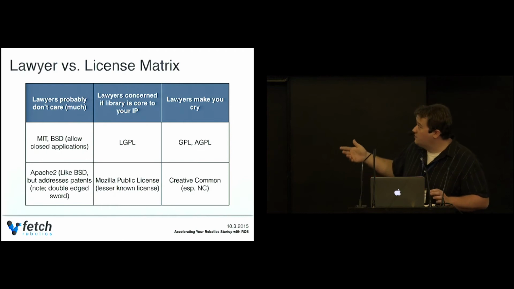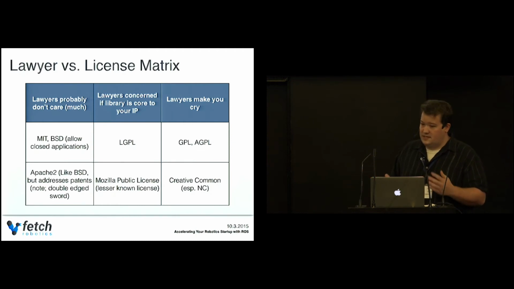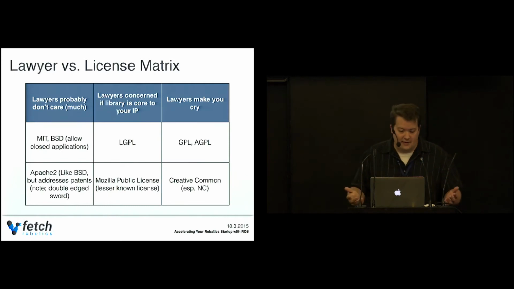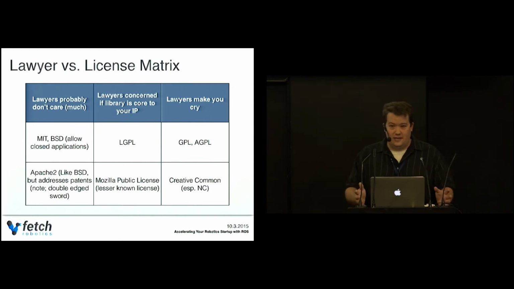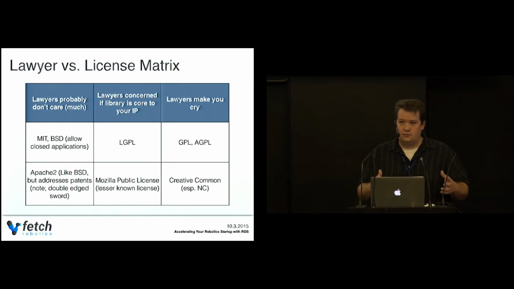If you're under one of these licenses like the MIT or the BSD license, especially the Apache 2, it at least addresses patent items. The lawyers are going to be very concerned if you're using something that's LGPL, and you're extending it with your own IP, right? LGPL basically allows you to link an application against it, and your application can stay under a different license. But if you have to actually modify the library, that's getting released back. And so LGPL doesn't generally scare them.